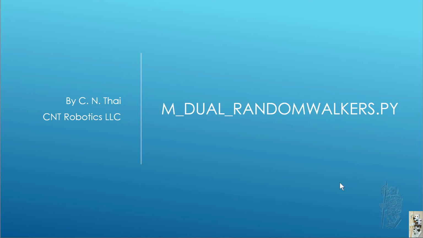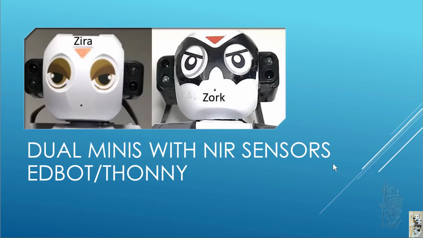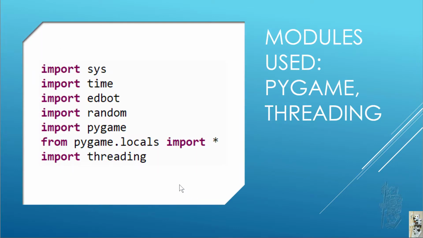Hello everyone, this is the demonstration phase of the dual random walker project. We have two minis and near infrared sensors on both sides of the head. We use EDBOT 5.2 and Phony 3.24, I think. Among the other modules we need, we use Pygame to take care of the keyboard interfacing